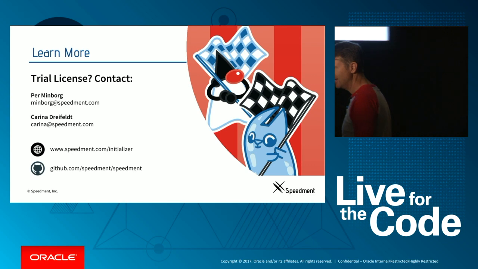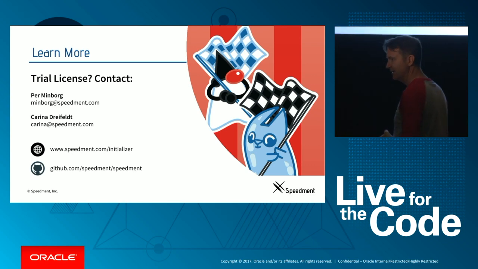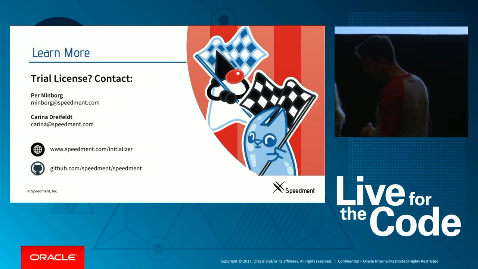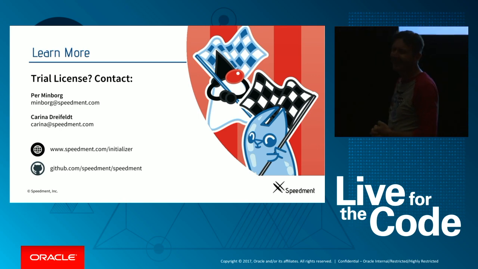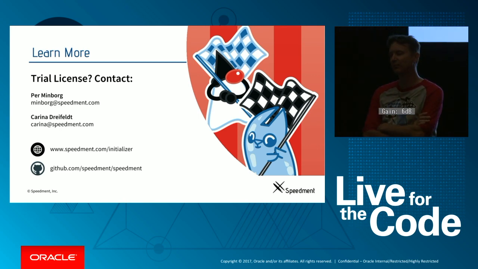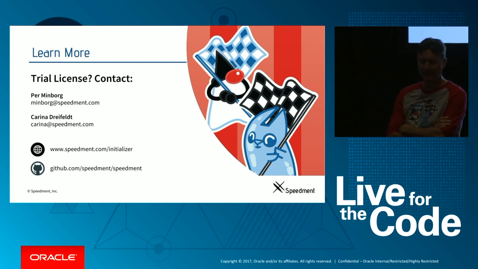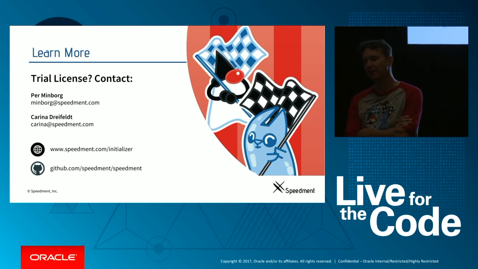Yeah? Can you store the snapshots in the file system? Yes and no. It's not possible in the off-the-shelf product, but we have done it in customer projects. It requires some tweaking, but it's possible to do it. So we use memory mapping in that case. We map memory to a certain file, and that file is, of course, then on an SSD drive somewhere locally. So it's possible to do it.